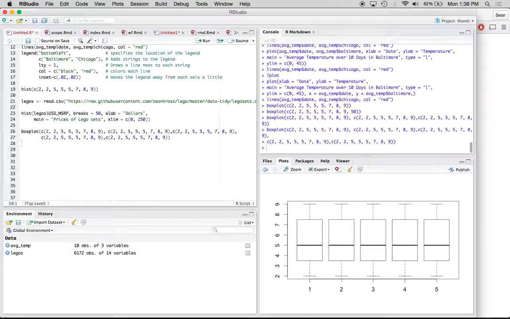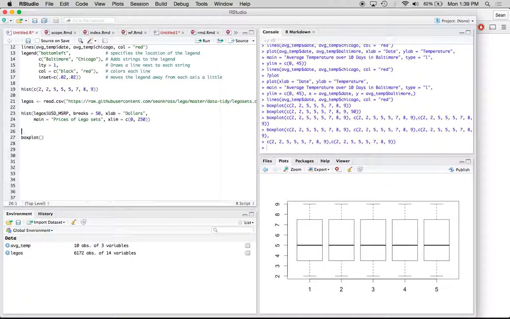I imagine there's some number where it'll say too many box plots in your figure. But this is a neat way to compare the distribution of different data sets. And I can illustrate that better for you by